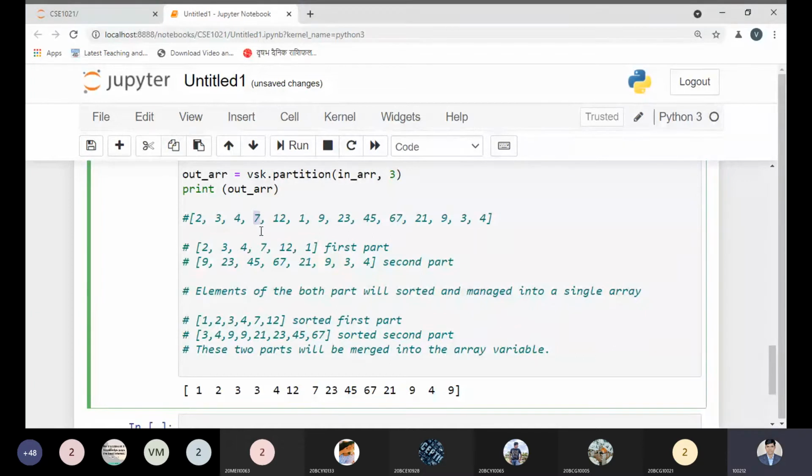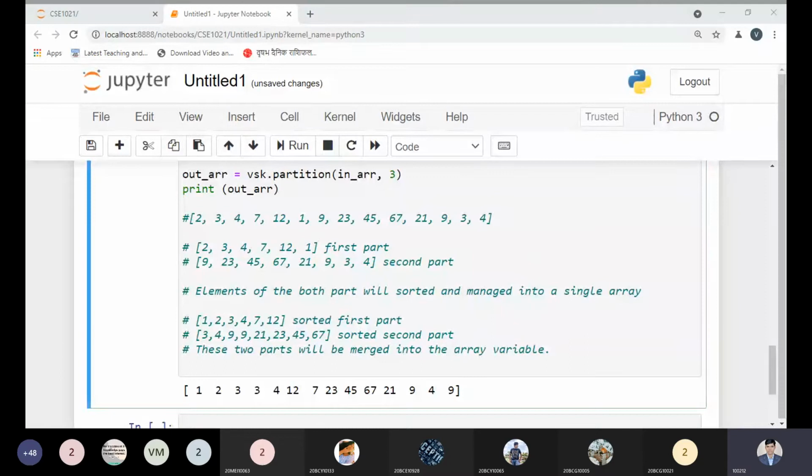So here it will come 1, 2, 3, 4, 5, 7. Inside the 7, 12 we sorted 0, 1, 2, 3. So 1, 2, 3, 4, 2, 3, 4, 7 will come, and 12. 1, 2, 3, 4, 5, 12, 1, 9.